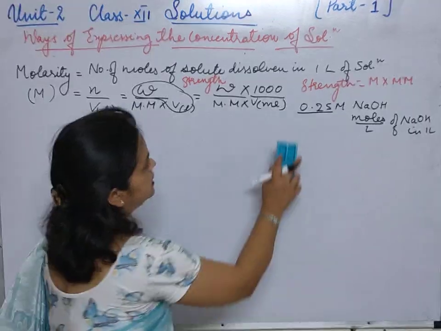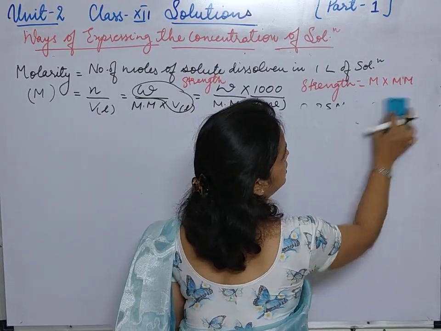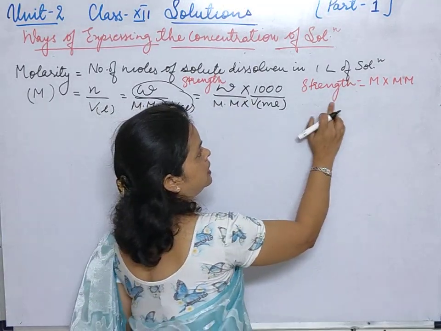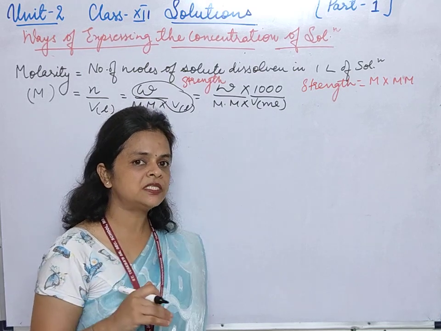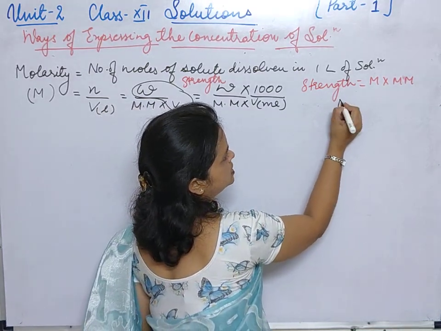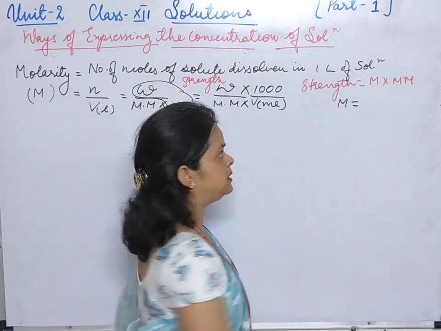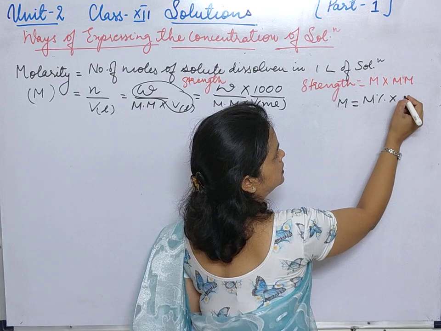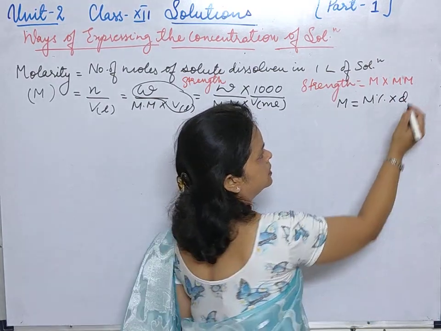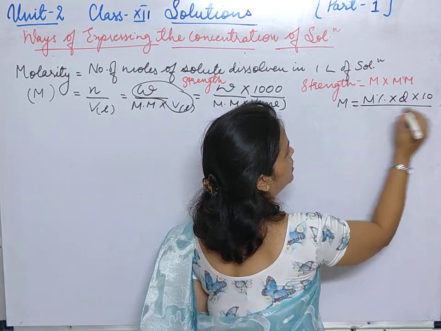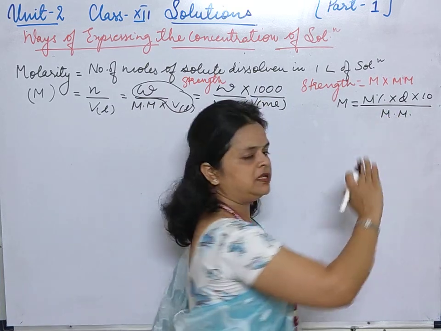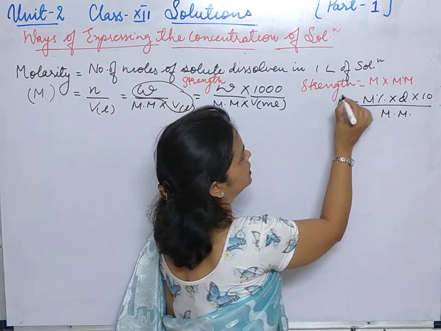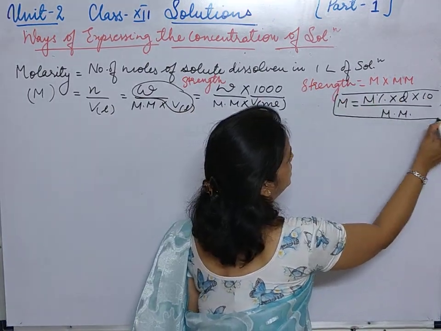One more formula we can write here so that it will be very helpful for you in doing the calculations. If the amount of solute is given in the percentage form, then you will use this formula for calculating molarity: mass percent of the solute into density of the solution into 10 upon molar mass. When there will be discussion of the questions, I will tell you how to use this formula. Here simply note it down.